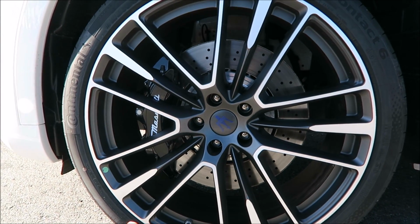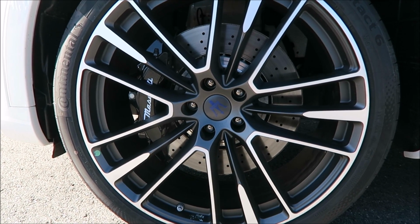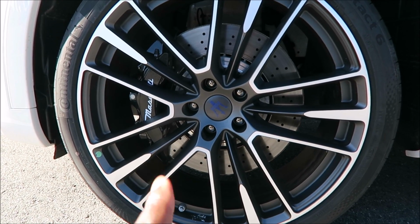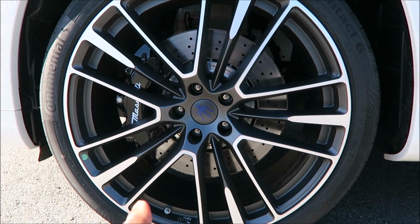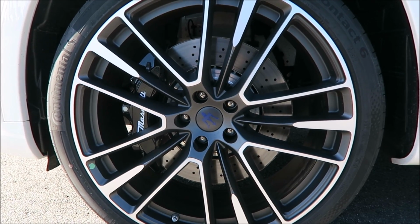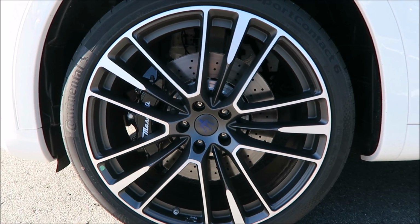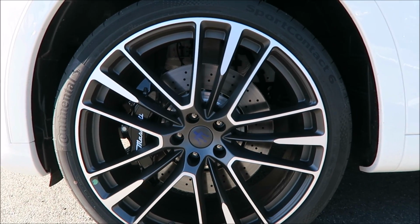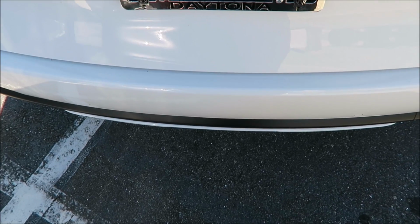So for this GTS, we still have the $4,000 22-inch staggered Odeone wheels, but this is actually in a matte finish instead of the gloss finish on our first GTS that I showed you. Also, the calipers are black instead of red like on our first GTS. So a little bit different wheel setup, still the same size, still the same price, still the same Continental tires with the Brembo brakes. You also have your $400 kick sensor, detects motion out and up,